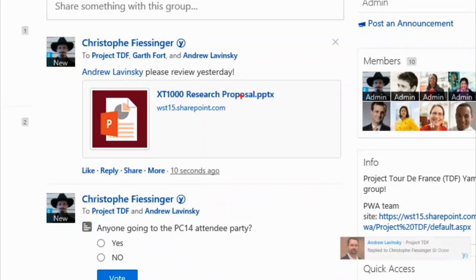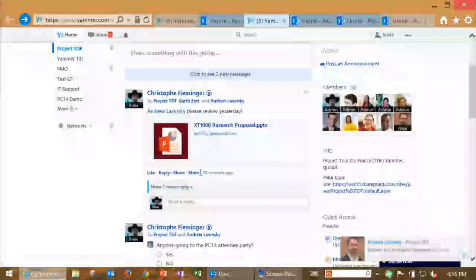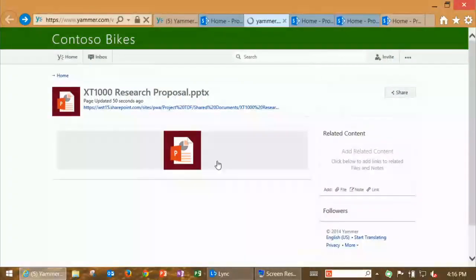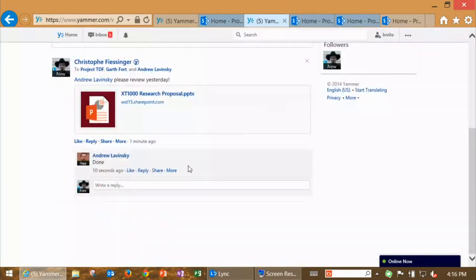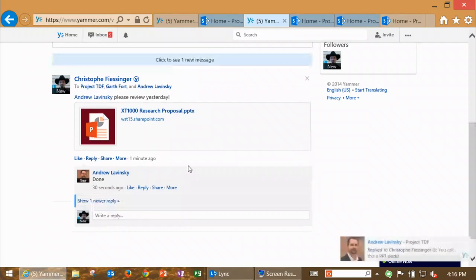And if I show it to you, as soon as I create that conversation, it creates what we call an open graph object. And from there on, I have one conversation for that document. I don't have fragmentation, so I can always go back and say, what did we all agree on, or what did we all disagree on for that deliverable? So again, think of the better together. Yes, you can do co-authoring and you can track updates on a document. But now, in addition to that, you can have consensus or disagreements or open discussions of what you should do to have this beautiful deliverable. What's the consensus on this budget ask?